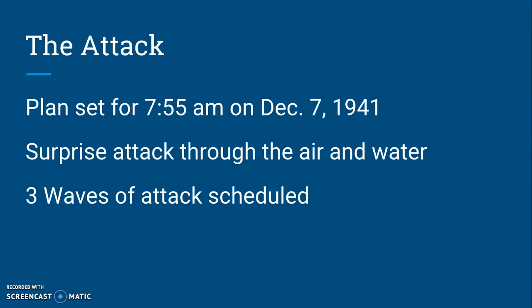Now we'll get into the attack by the Japanese on the U.S. Pearl Harbor base in Hawaii. The attack was set for Sunday morning, December 7th, 1941 at 7:55 a.m. The attack's most important feature was a surprise attack to catch the U.S. off guard. And at 8 a.m. on a Sunday, you can imagine that probably wasn't too hard to do. They picked a good day. And there were 3 waves of the attack consisting of fighter planes, aircraft carriers that the planes took off of, as well as some submarines.